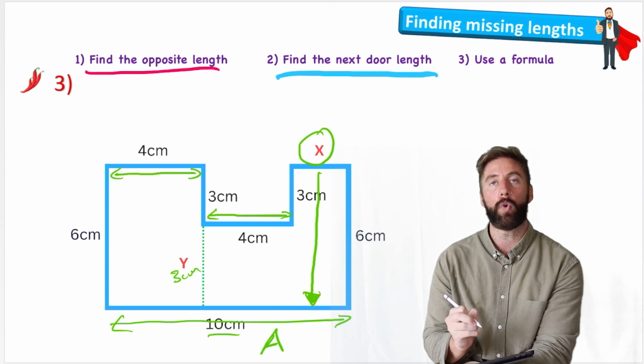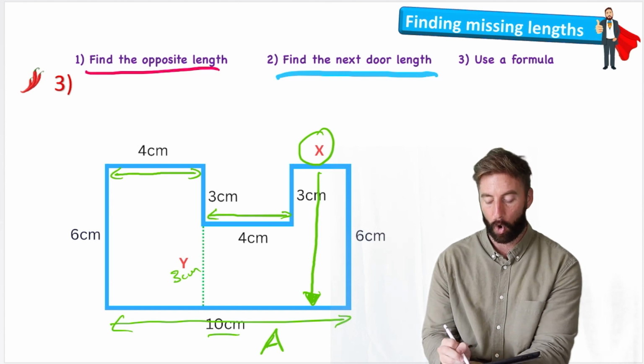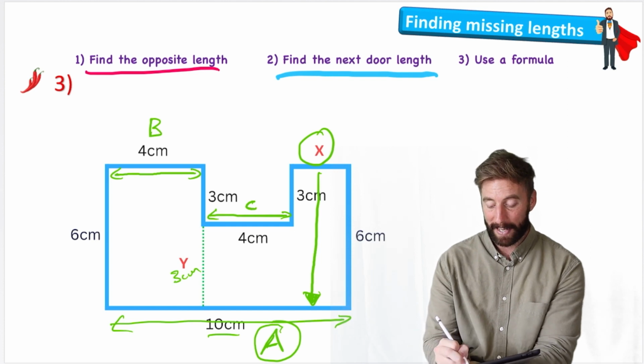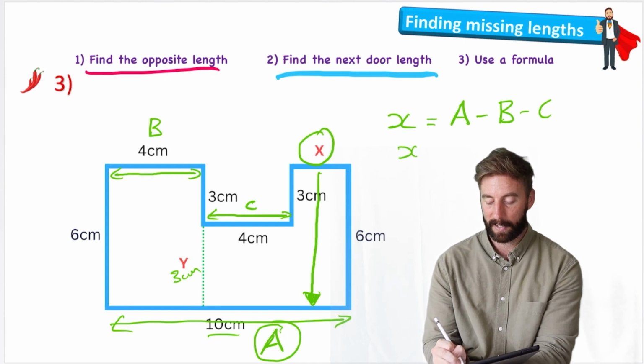So I've got 2 other parts that make up my whole of 10, or A as we're now calling it. So let's label these. I'm going to label this 4 centimeters B, and I'm going to label this 4 centimeters C. So now x is equal to the long length of A, subtract the 2 smaller lengths of B and C, so x equals 10, subtract 4,